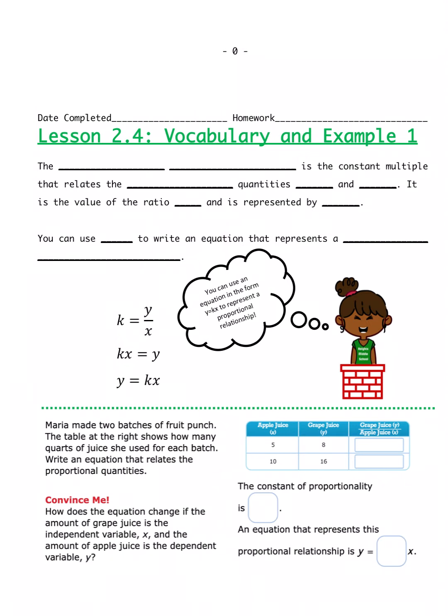It says the blank blank is the constant multiple that relates the blank quantities and blank quantities, blank and blank. Lots of stuff to fill in there, so let's get it filled in. Let's fill in those blanks again. The constant of proportionality is what we're going to put here. Constant. Oh, I forgot a blank in the middle, so we're going to put that "of" right here. Proportionality is the constant multiple that relates the proportional